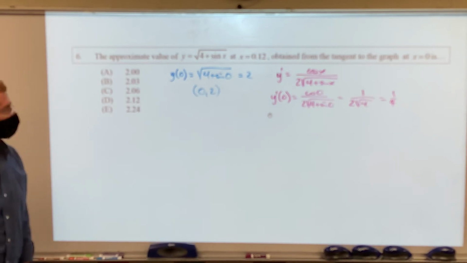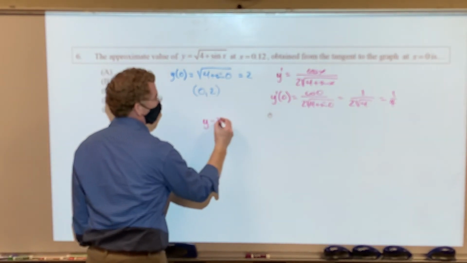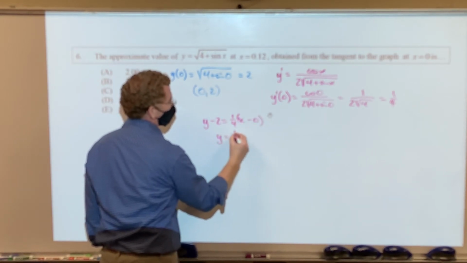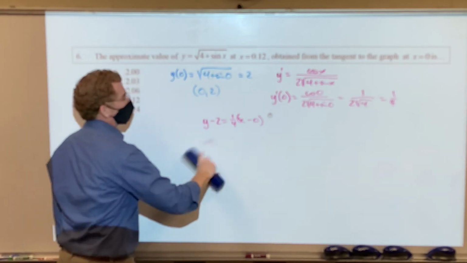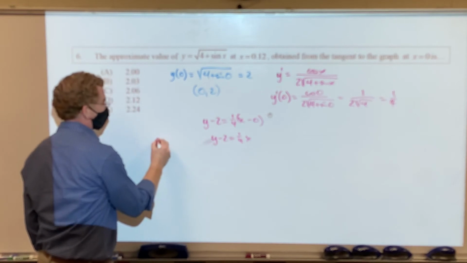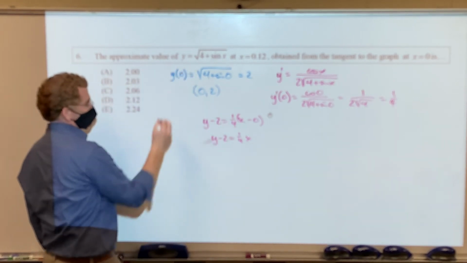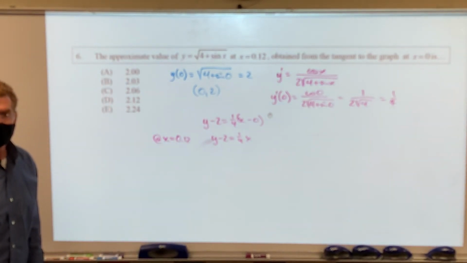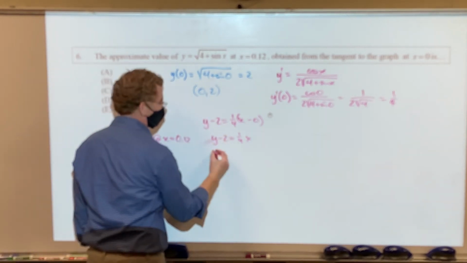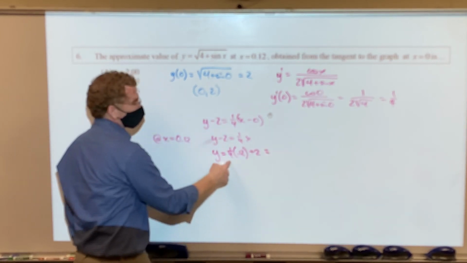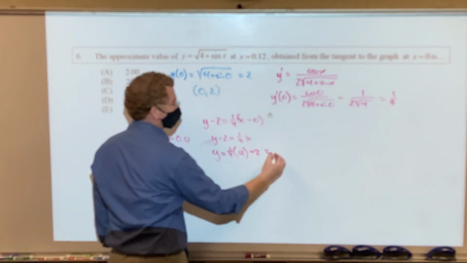Right? So now that I have my point and my slope, y minus 2 equals 1/4 times x minus 0, or basically y minus 2 equals 1/4 x. And at this point, I can use that to find x equals 0.12, because that I can do. I just have no idea what sine of 0.12 radians is. But I totally know what 1/4 of 0.12 is, and then add a 2 to it. A fourth of that is 0.03, add 0.03 to 2,